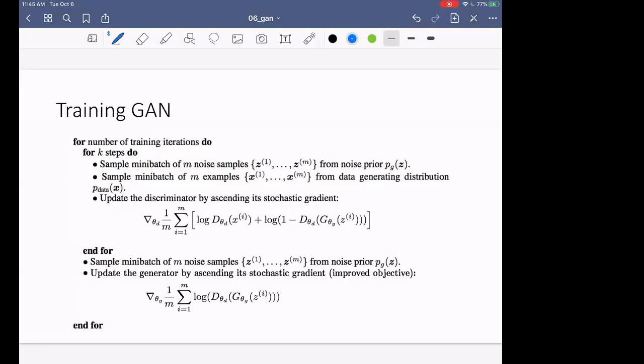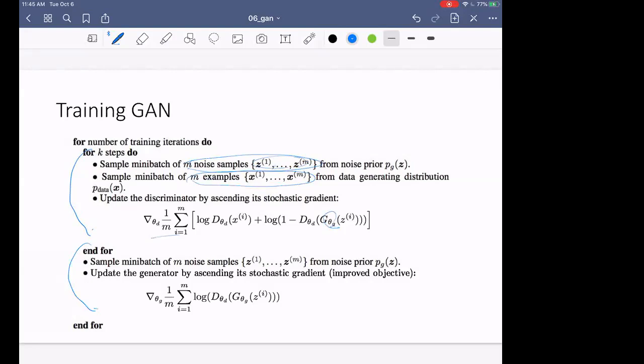All right, so we're going to look at the pseudocode here. Because there are two phases, there's updating the D phase and updating the G phase. This is updating the D phase, and this is updating the G phase. When you want to update the parameters of your discriminator, obviously you need to see both the real samples and the fake samples. So here you take M noise samples and M actual samples, and obviously you need to put these noise samples through the generator here, and then